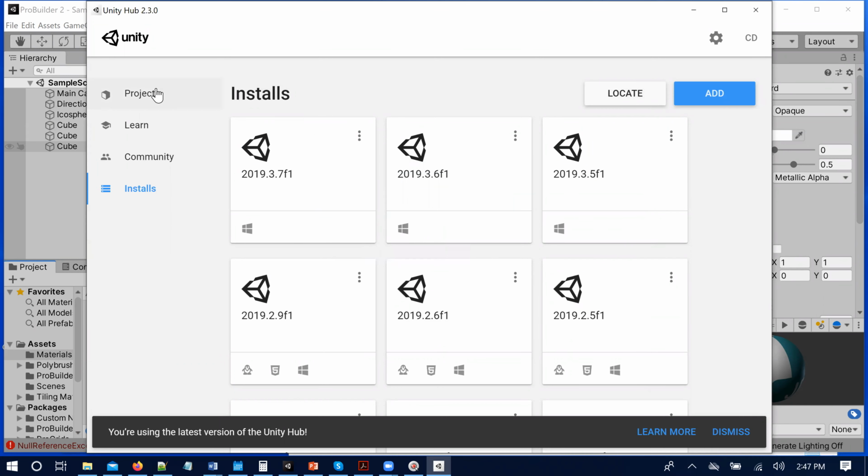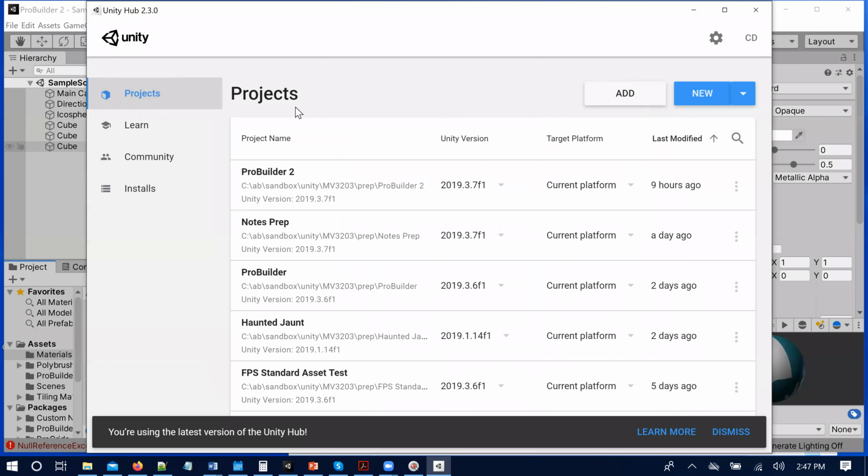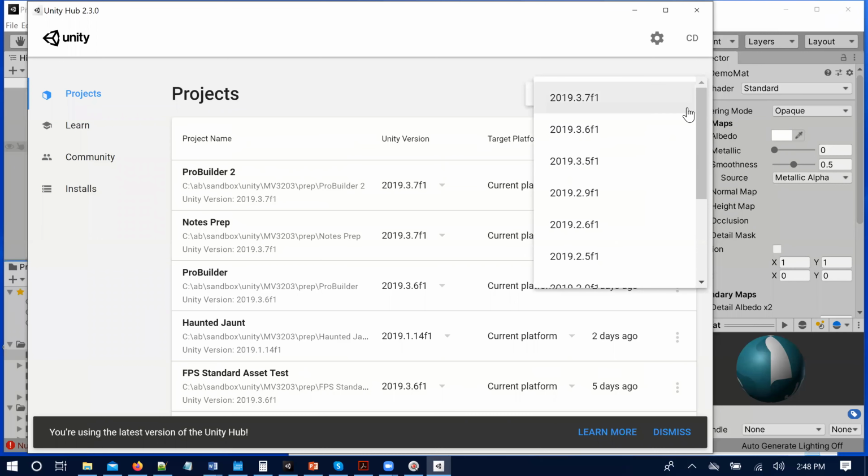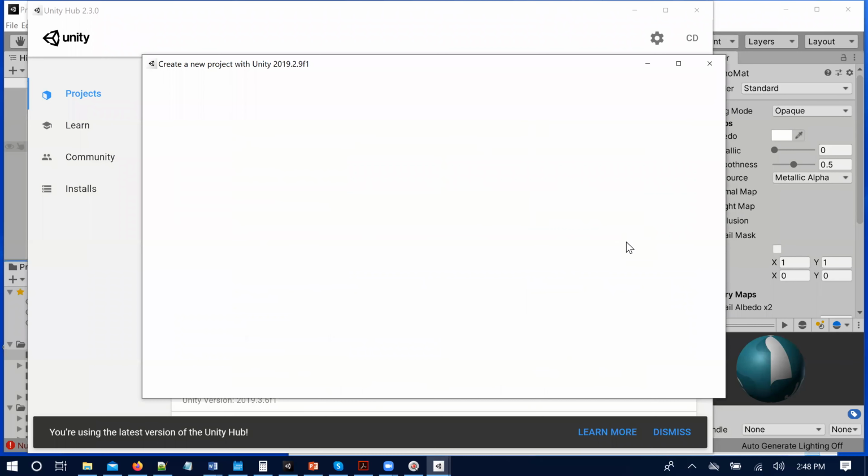How do you use the install? This is the other thing I want to show you. When you're starting up a new project, right, you come here and you go into New. If you just click on New, then I'm not actually sure what its default behavior is. I think it just uses the last version that you were using, which may not be what you want. So instead of that, go into the drop down. Here you see all my many, many versions. You will have fewer. Pick the one you want, okay?